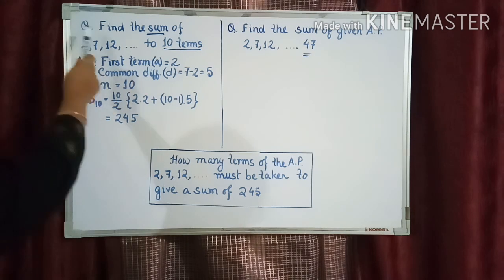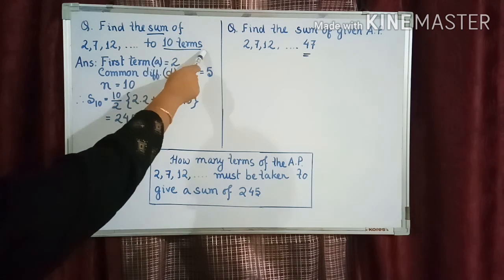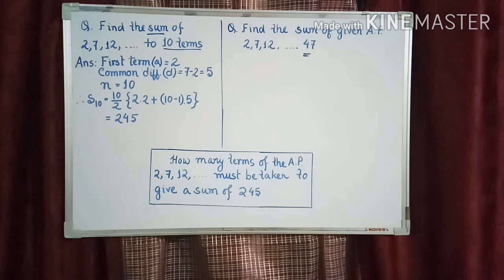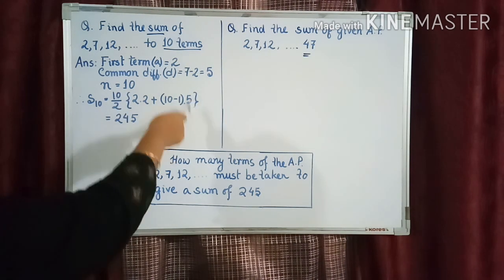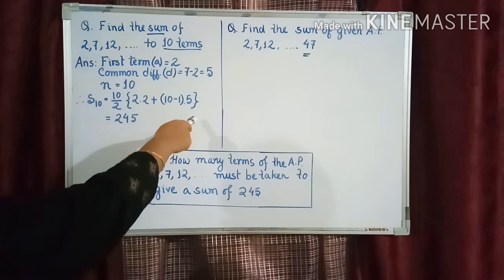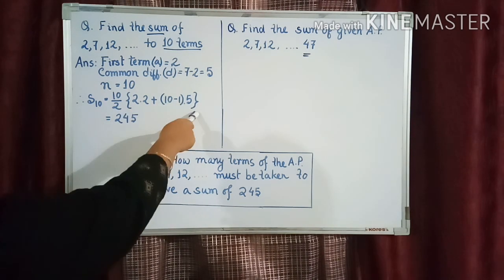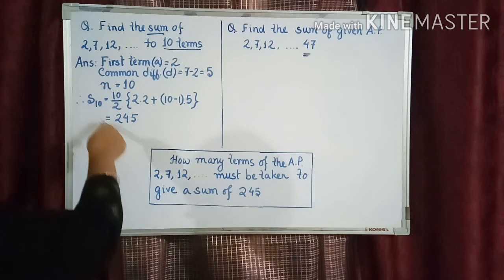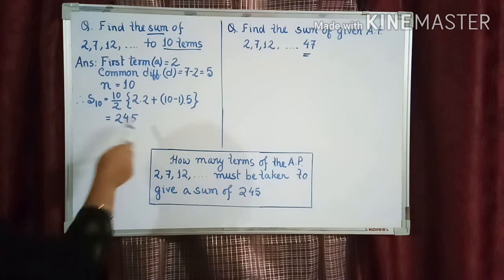In the first question we have to find the first term, 2, and the common difference, 7 minus 2, and the number of terms is 10. Here I am directly writing all the values in the formula. You can also write down the formula first and then put the values in. So S10 is equal to 10 by 2 in bracket, the formula is 2A plus (n minus 1)D. So 2 into 2 plus (10 minus 1), the D value is 5. I have not written the 2-3 lines after this, directly I am writing the answer. After simplification we will get 245. The sum up to 10 terms of the series is 245.